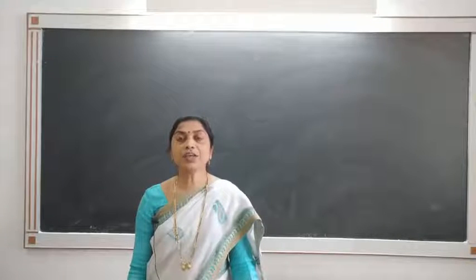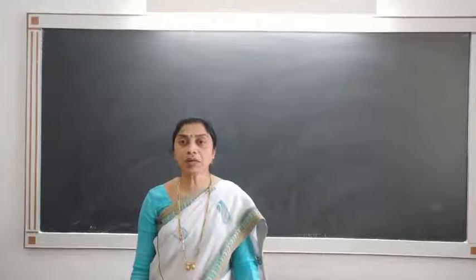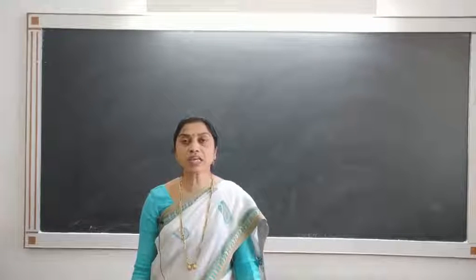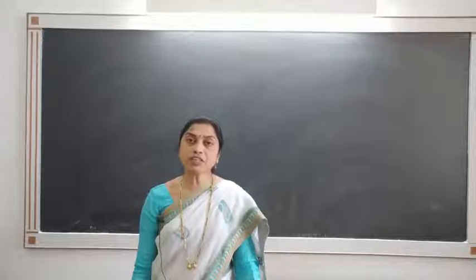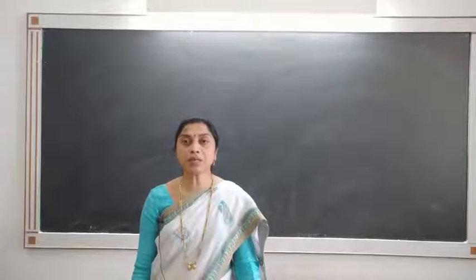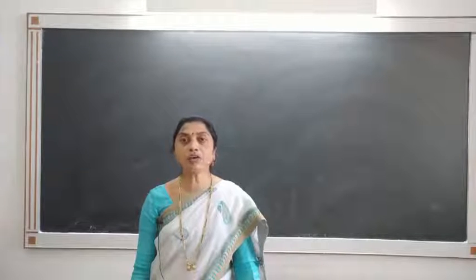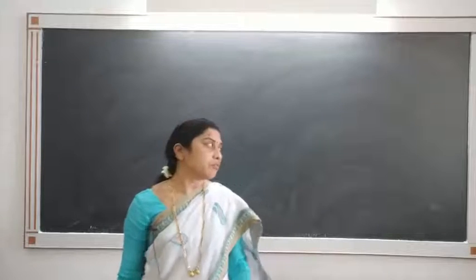Hello friends, in the previous lecture we have seen how to apply the Hungarian method to solve minimization assignment problems. Today we are going to see how to solve maximization assignment problems. A maximization problem can be converted to minimization by subtracting every element of the table from the largest element of the table. So consider an example.